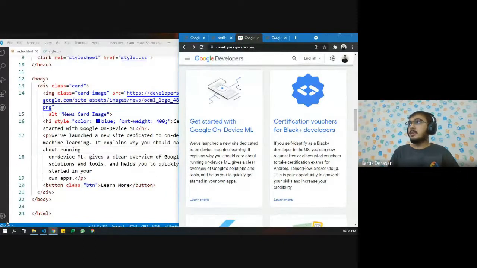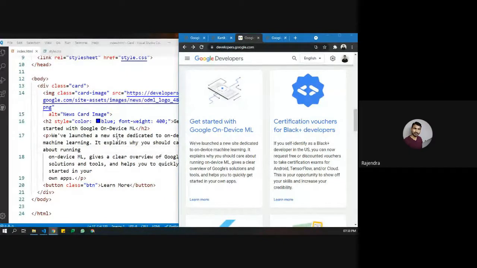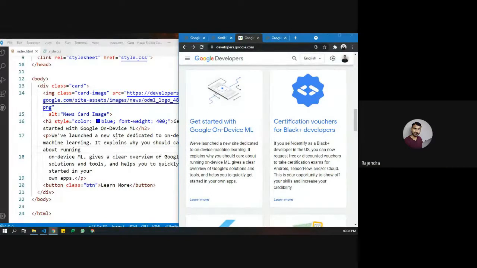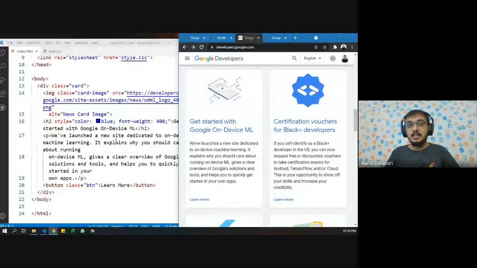Okay. Can you explain about Flexbox? Flexbox is a little time-taking concept, and we also need to have some content for the second version of WebDev 101.